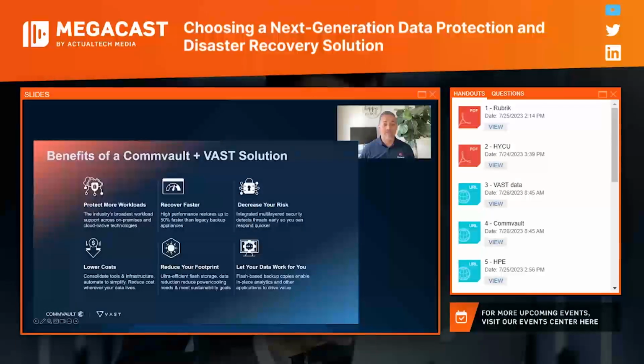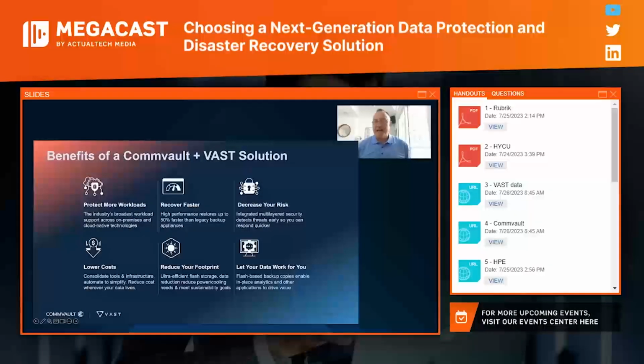We recover faster than our competitors, especially partnered with VAST Data. I mean, you talked about it earlier, those economics and how quickly you can recover. And we talked about the security posture. At the end of the day, what do backup admins want? What do CISOs want? They want to be able to go home every day and feel good that they're not going to get hacked. And if something does occur, they need the comfort, as you said, of the last line of defense. They need to be able to recover that data, even if they get hit with ransomware. And that's what Commvault and VAST Data together do.